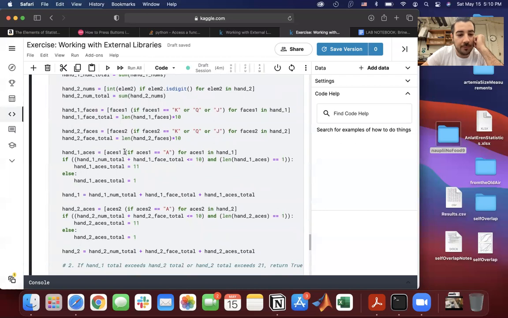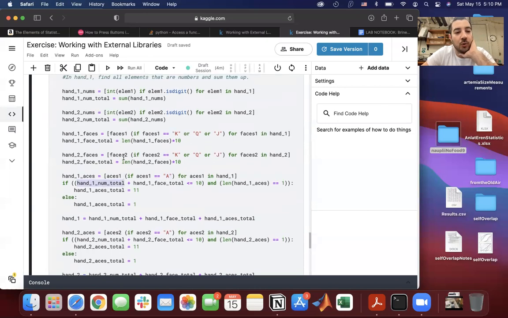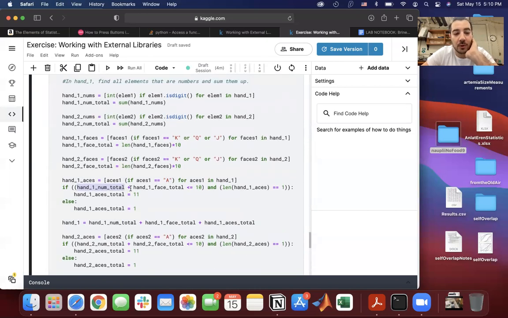And finally, look for aces in hand 1. If hand 1, the total value of numbers in the hand 1 and total face values in the hand 1, the sum of those two, if it's less than or equal to 10 and length of aces or the number of aces is equal to 1, let's do this, less than or equal to 1, then hand 1 aces total is, okay,